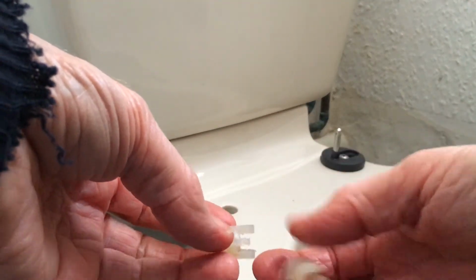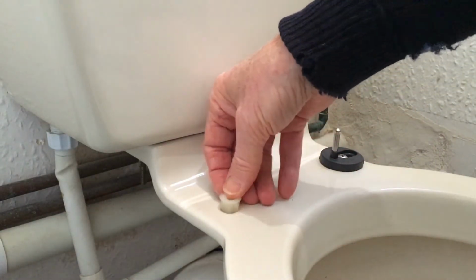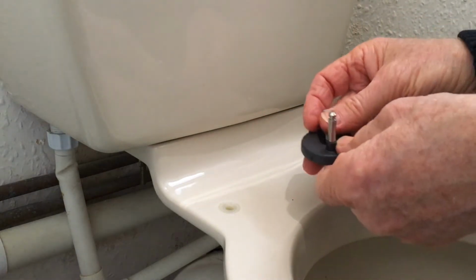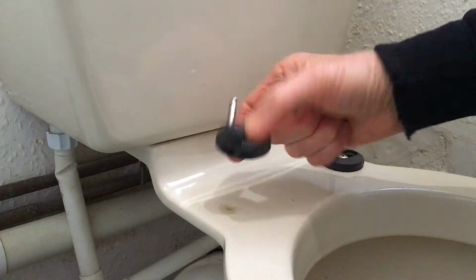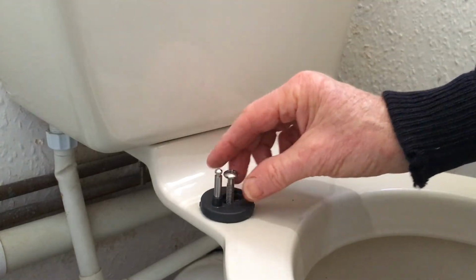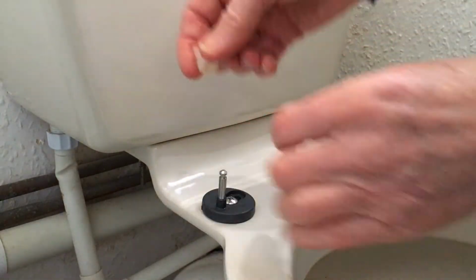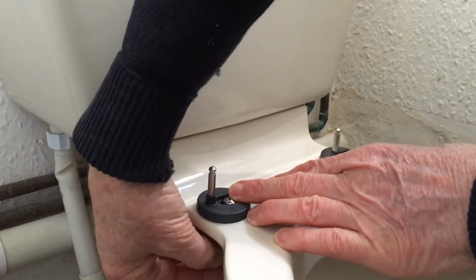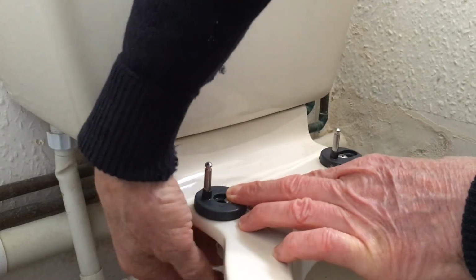That's that one cut in half. Excellent. So the top half squidges down in your opening there. Take your stud and its black seating thing. Pass the bolt down through the hole. If you want to use your own stainless steel bolt, I think that's probably a good idea. And then use the pointy end upwards and just put that over your bolt, and then tighten it up, rather like the way we